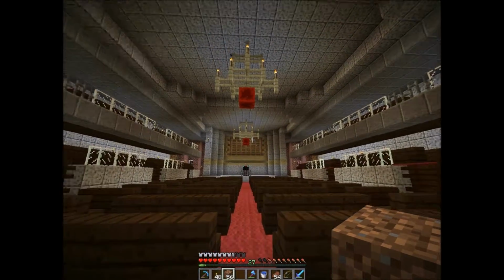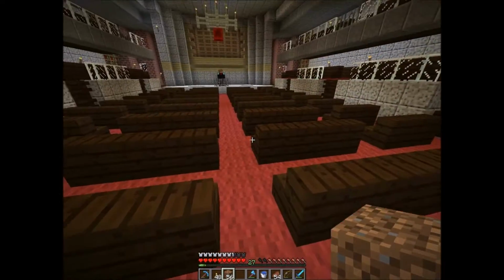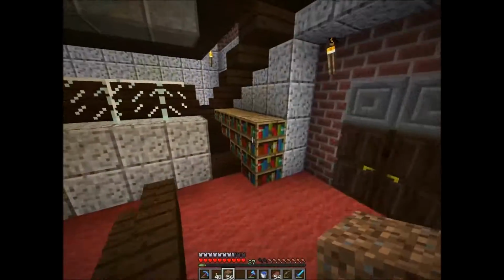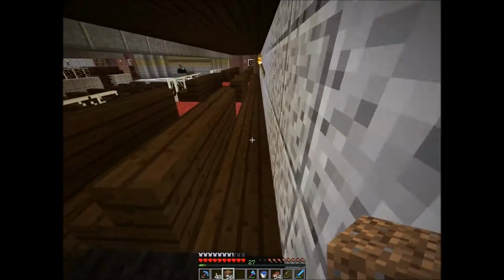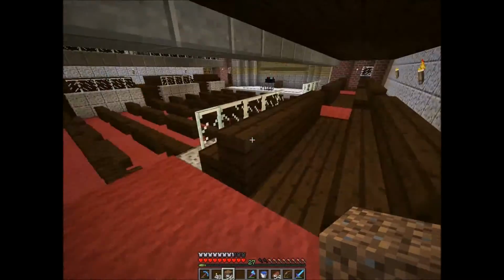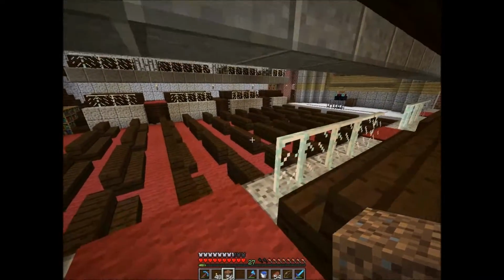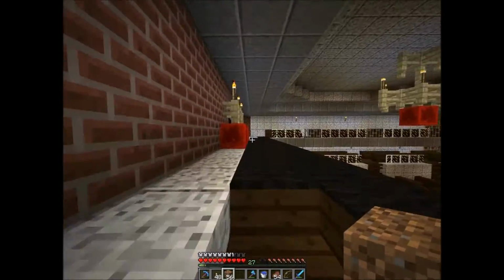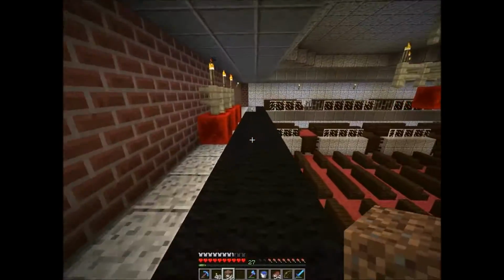So here's Symphony Hall. We have main rows of seating here, lots and lots of seating. We'll just go up this side because both sides are the same, they're symmetrical. You can come up to a landing. We have a balcony here with 2 rows of seats where you can see the stage. And then a second balcony up here as well, again 2 rows of seats on both sides,